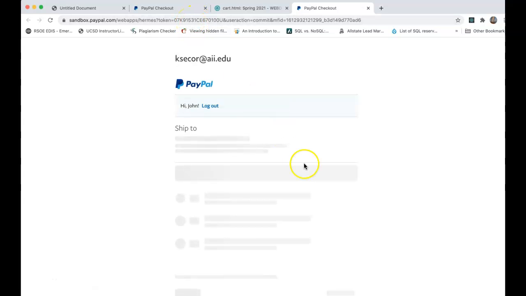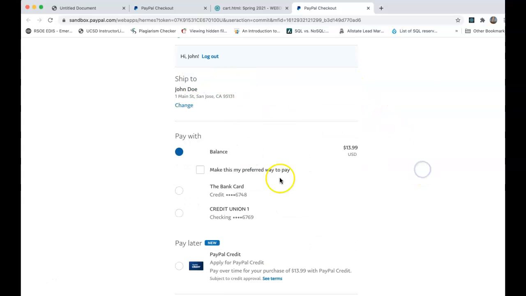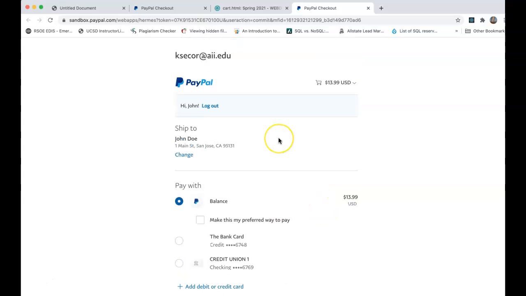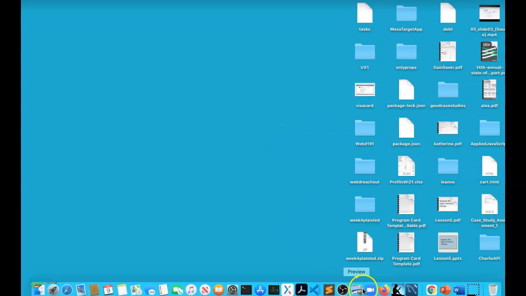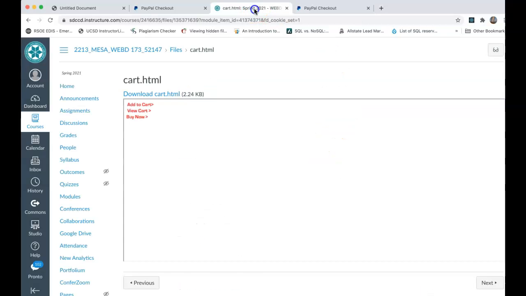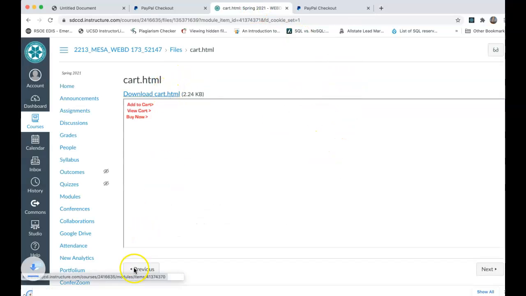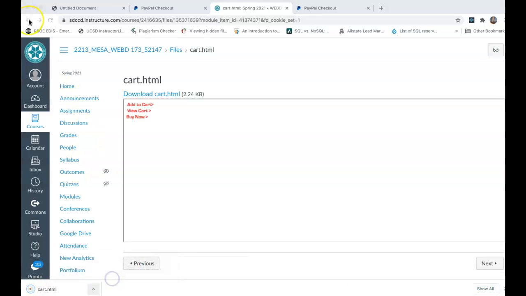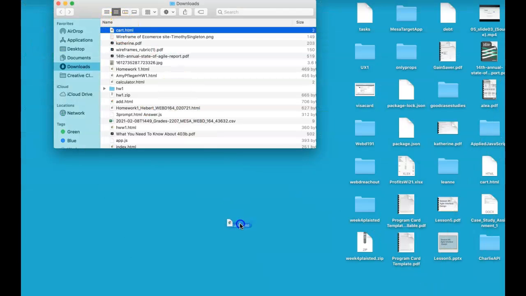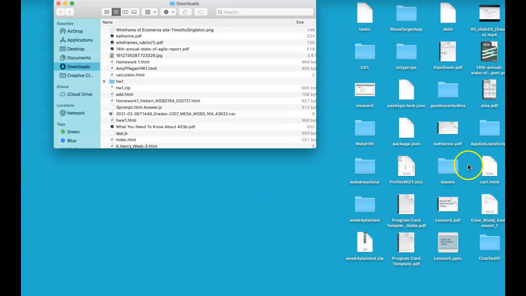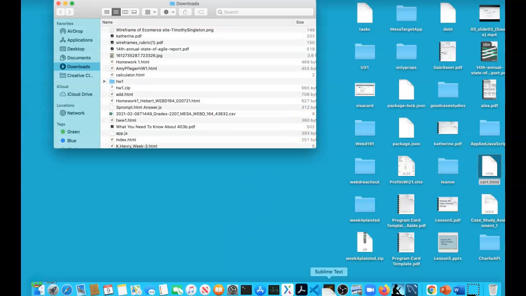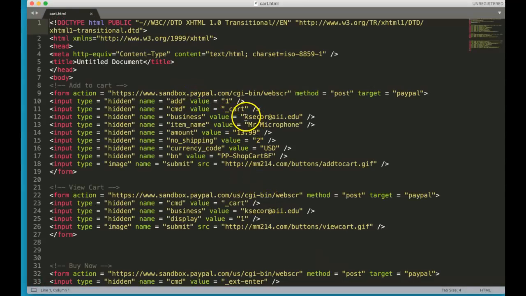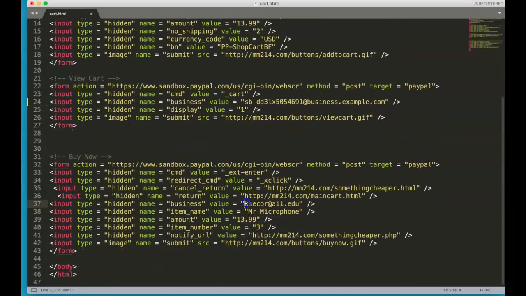So this is going to PayPal Sandbox. It's $13.99 is the cost. It'll take a second for this to load, but that is totally functional. So what I'm going to do with that is go back to the cart, just download it, and give this another shot. I'm going to replace the older cart. So we know that this cart works. I may have been messing around with it too much. So what I'm going to do is just replace the business names with my own new business name, which is